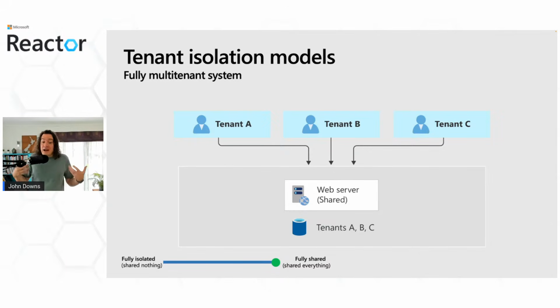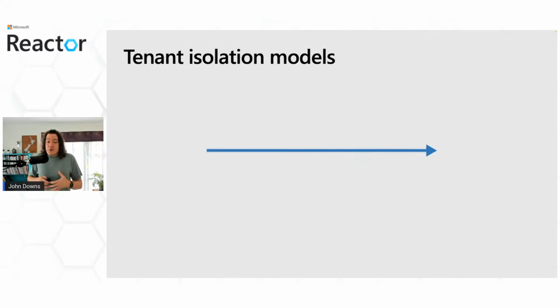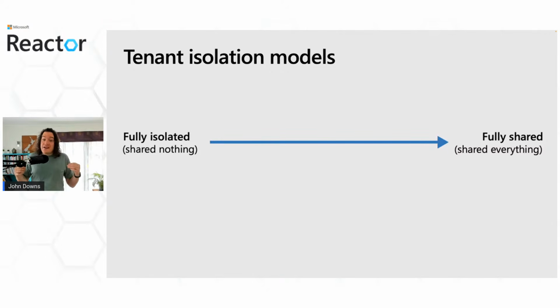And if we get to a large number of tenants or a lot of requests or a lot of data flowing through our system, then we need to consider whether we'll reach any of the limits or quotas for our resources. So as you can see, there are a lot of different ways in which you can isolate your resources.